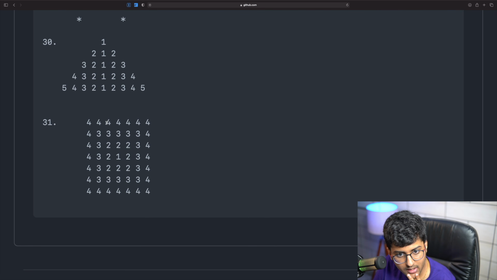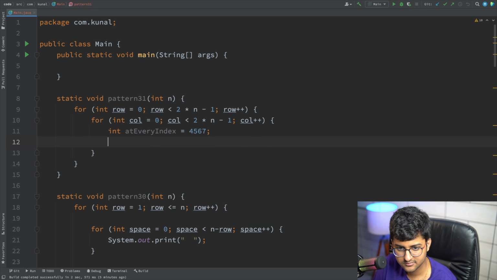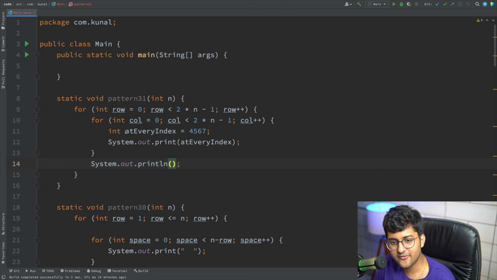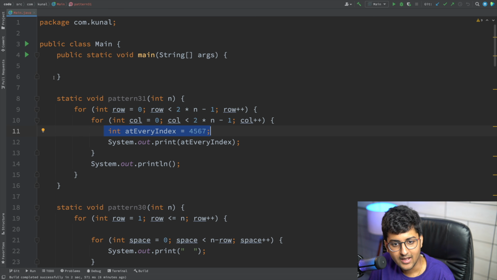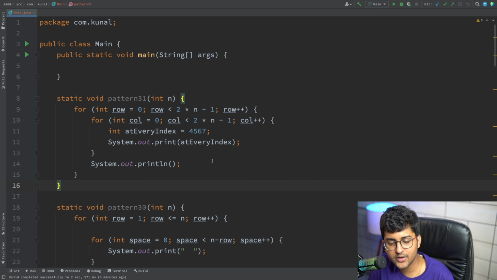Now at every particular index, what value do we need? That you need to figure out. Int at every index is equal to, let's say, something, and you just need to print that. What value do we need at every index? Then you just need to put it down. So what is the formula going to be for row and column? That is what you need to figure out. Can you see the pattern over here? Everything follows the same approach. The only thing you need to put your brain into is this line. What is the relationship between row, column and n? That's what you need to put over here. Rest everything is what we have discussed. Pause this video, think about it, then we'll come back.